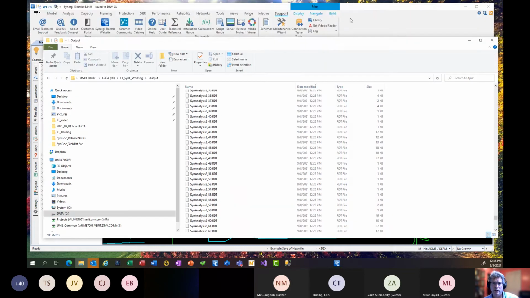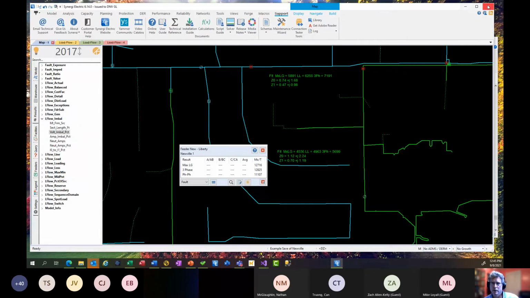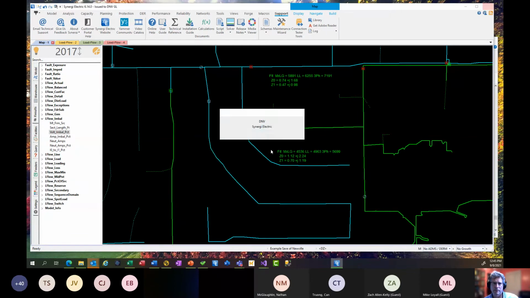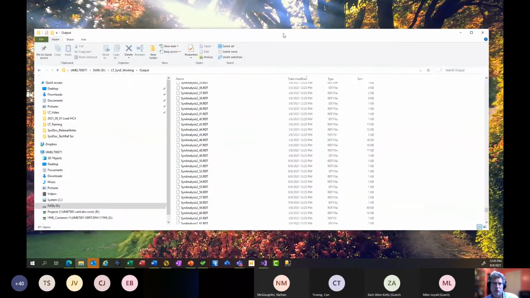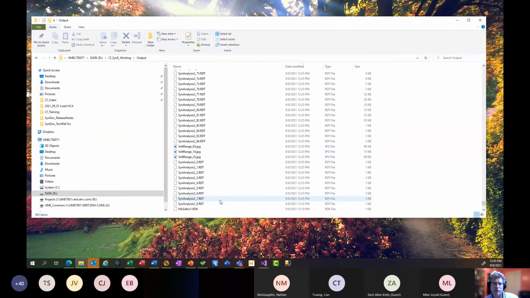Okay, so let's do this. Take just a second here, just to demonstrate. I'm going to close Synergi. And so all those files are sitting in here. These are all results files, reports, all that kind of thing. Now then I'm going to launch Synergi. Let's see if I can keep this thing on top here. So when I start Synergi up,